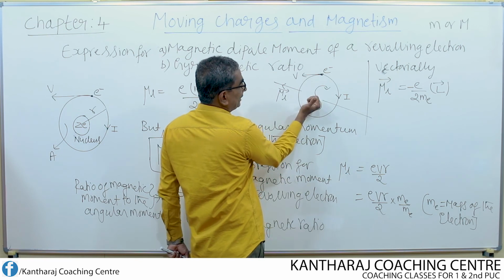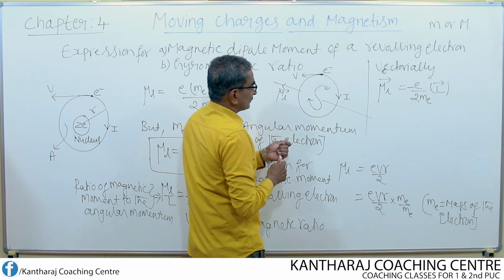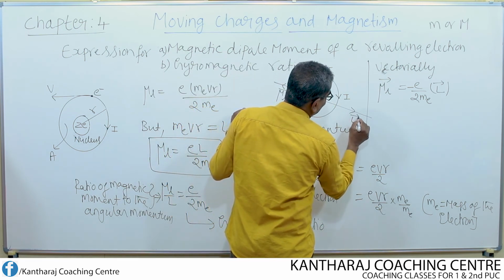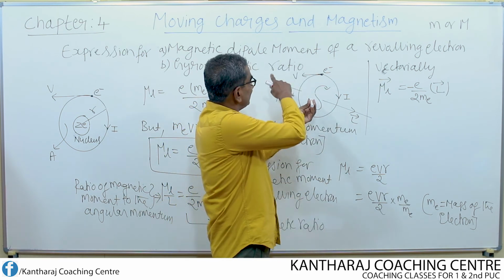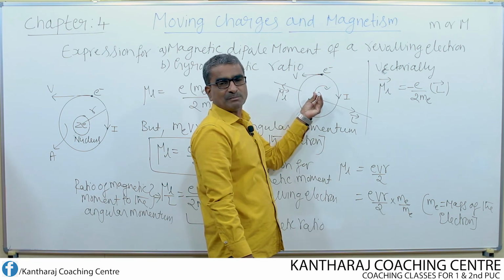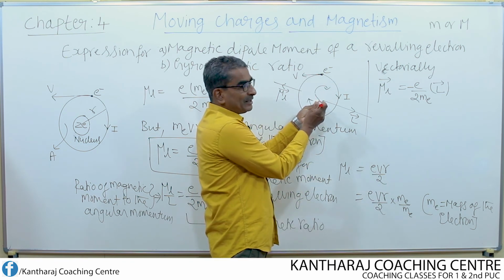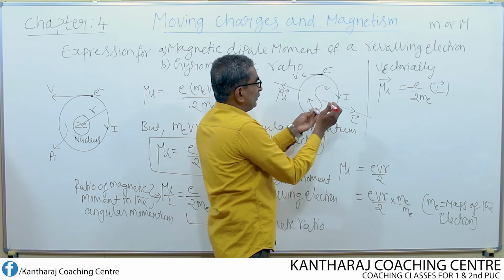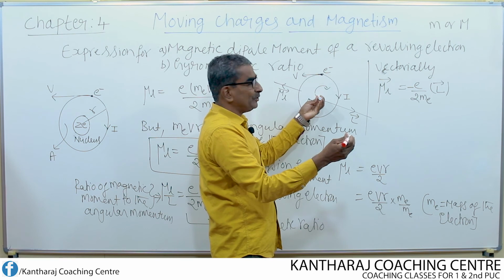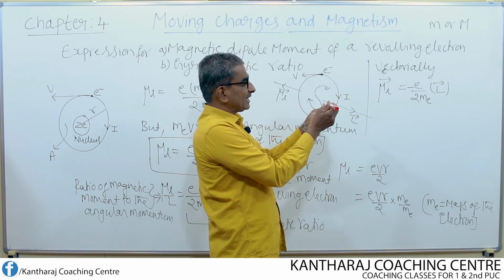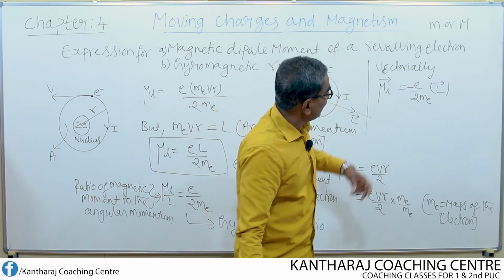That means the angular momentum should be all along the thumb finger, that is, outwards like this. So this will be the direction of angular momentum. Now here, if the magnetic dipole moment is acting inwards, perpendicular to the plane of the board or the plane of this loop, then the angular momentum once again acts perpendicular to the plane of the loop, but in the outward direction. If this is the direction of L, this will be the direction of mu L. So the direction of L and the direction of mu L are opposite to each other. That is why I use the negative sign here.